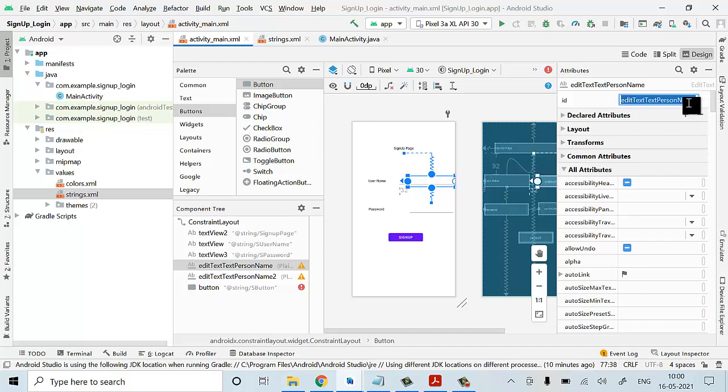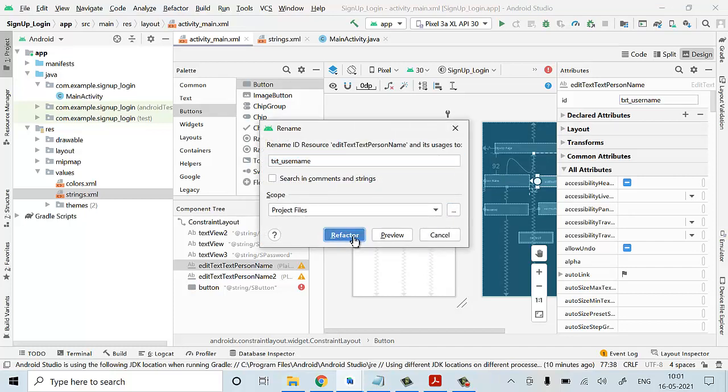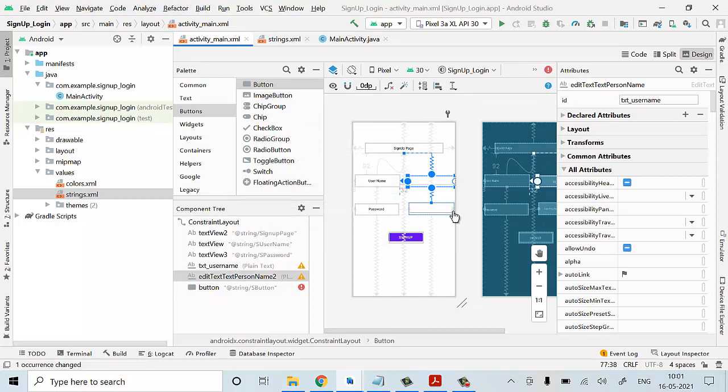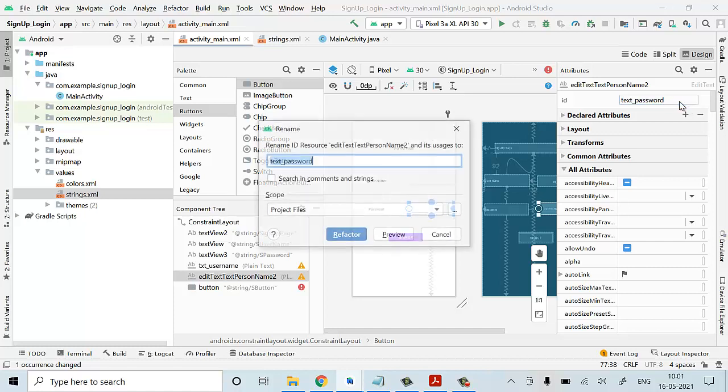So there you can change it, where I can give it as sign up, or else I can make use of text underscore username. Here also I can refactor it. Here I can make use of text underscore password I'll give. Now I'll click on enter and it will be refactoring.